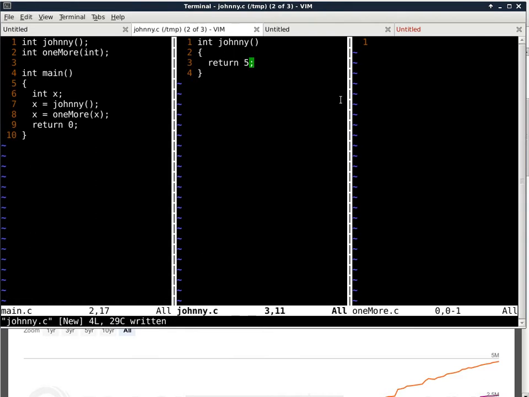And save it. We can now move on to the last one, which is one more. One more is just about as easy, because all it does is return x plus 1. All right. So now we have 3 source files, and obviously in this case there's really no reason to split it up into 3 source files, other than explaining how to get it done. Okay. So let's get out of the editor,